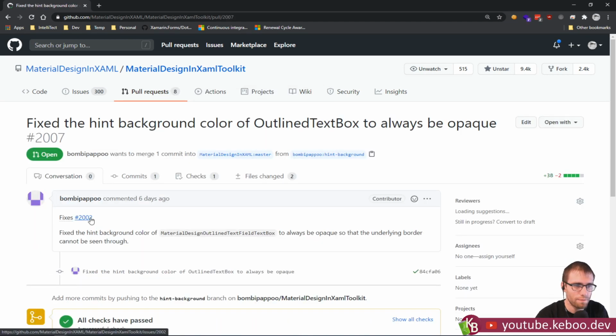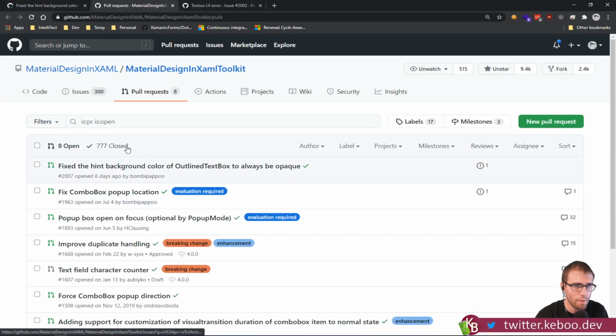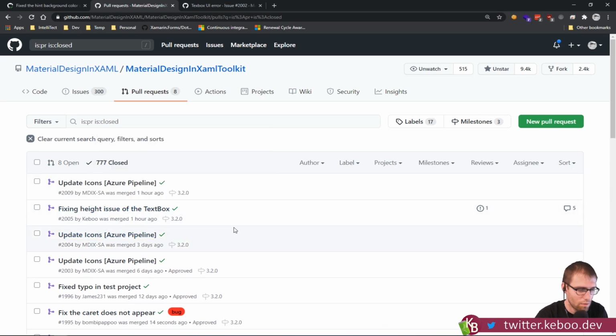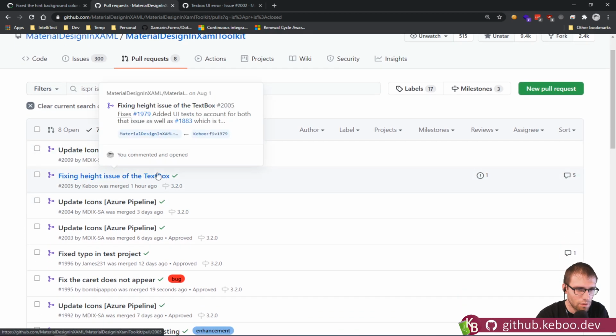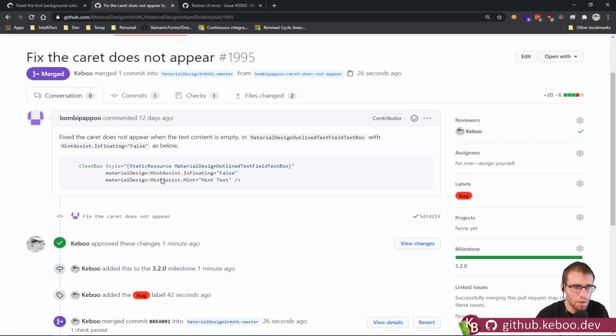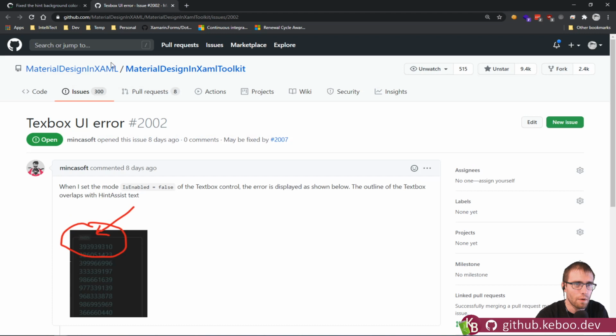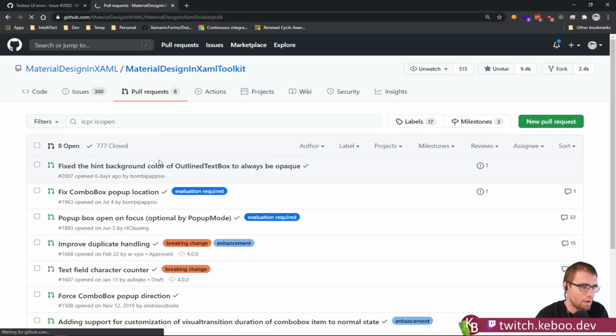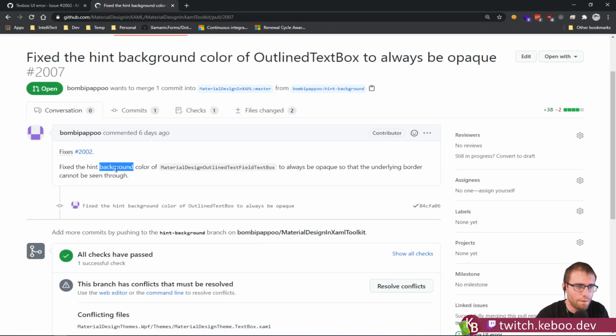Okay, so let's go and take a look at... Oh, I actually should check that last pull request that I just closed. Was there a linked bug? I think there might have been. Hey, just closed you. Where are you? Oh, it's back here. Interesting ordering. No linked bug. Okay. Just want to make sure I get bugs properly moved into the milestone as well. Okay, so this fixes the hint background color so that the Material Design outline text field box is always opaque,